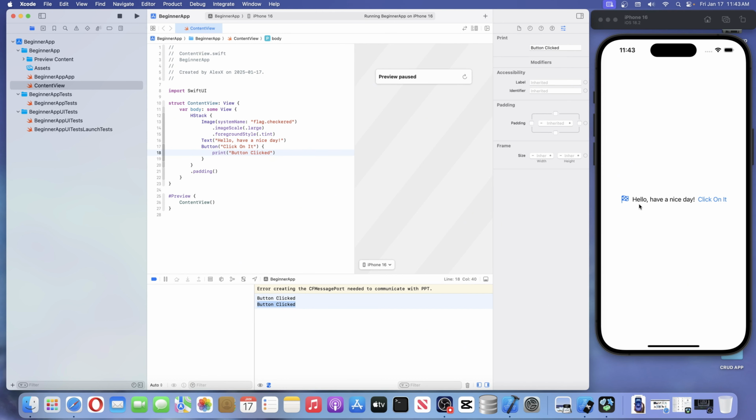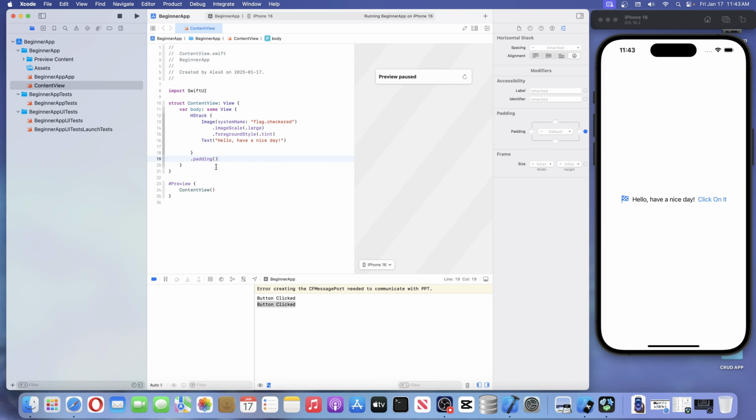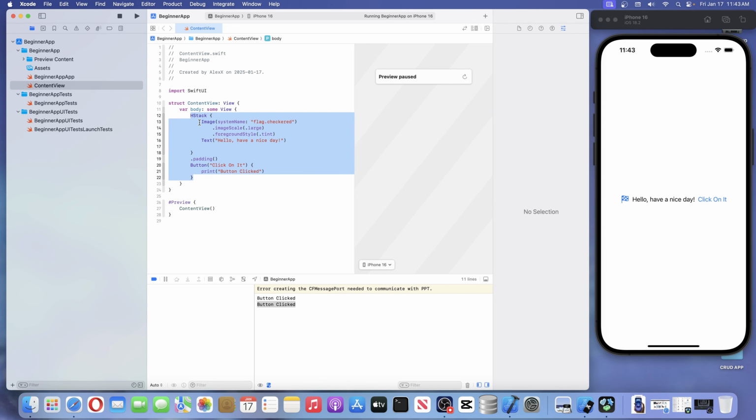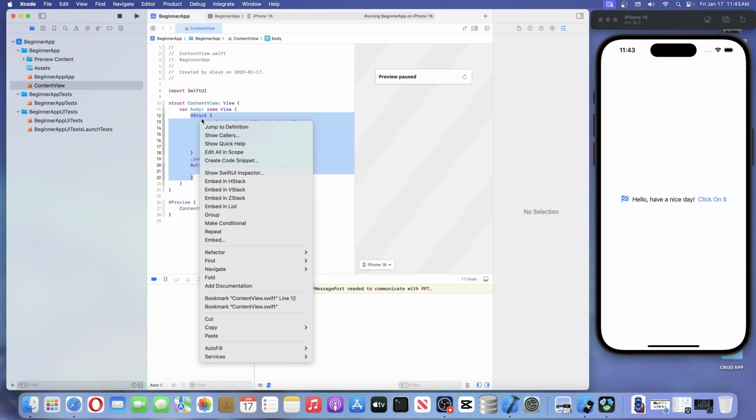Now we have this horizontal stack which has an image and text. We can get the button, put it over here, and now we can select all these three components, and we right click on it and say embed in vertical